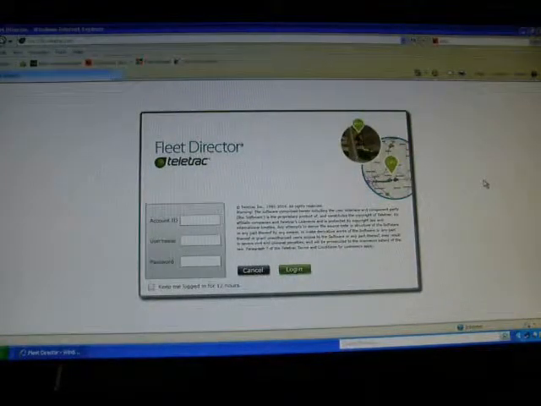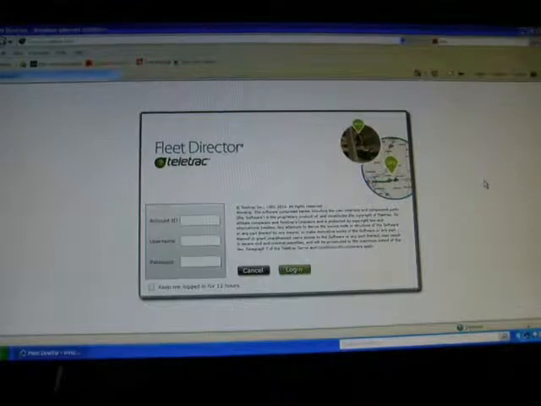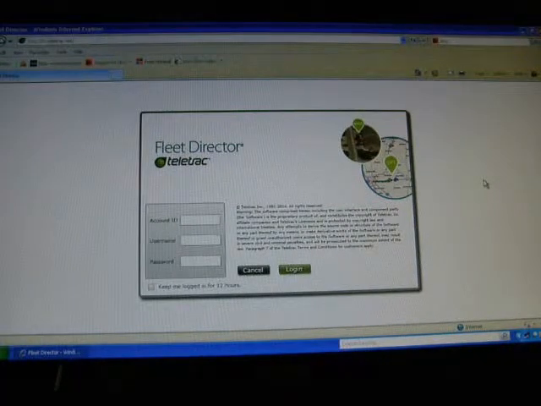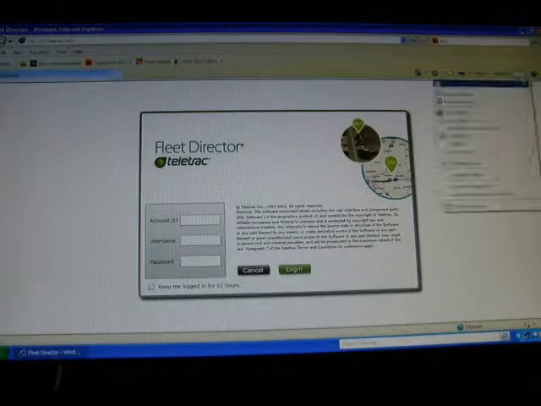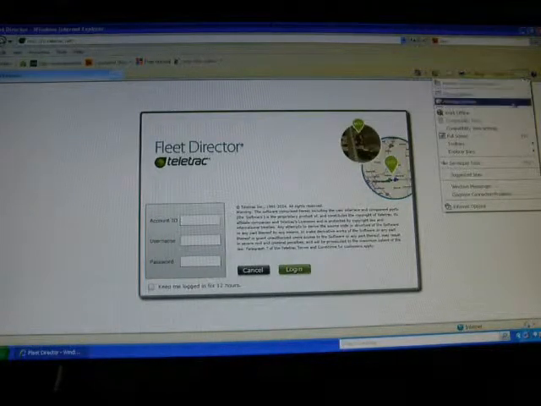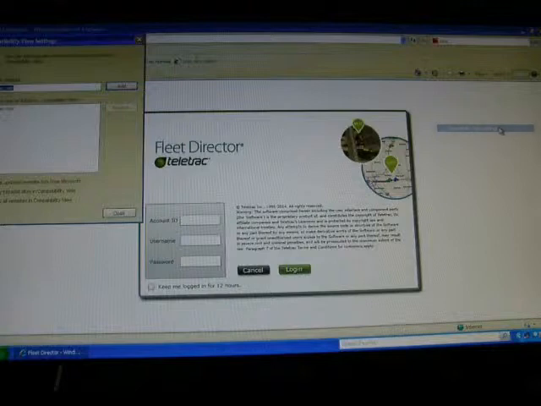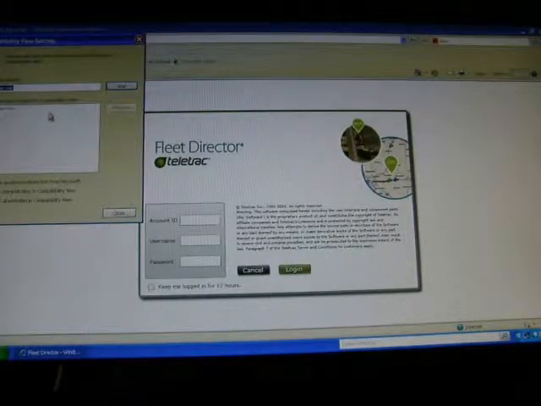Some drivers have been reporting trouble getting into the software side of the Fleet Director to see their logs on the computer. It might be a compatibility problem, and the simplest fix is you'll need to make a few simple adjustments. Locate up in the top right hand corner of your Internet Explorer the Tools button. When you click on the Tools, then go down to Compatibility View Settings, and you want to make sure that